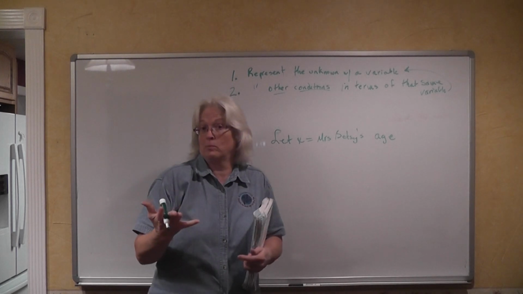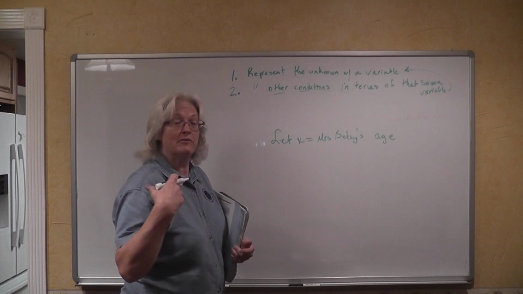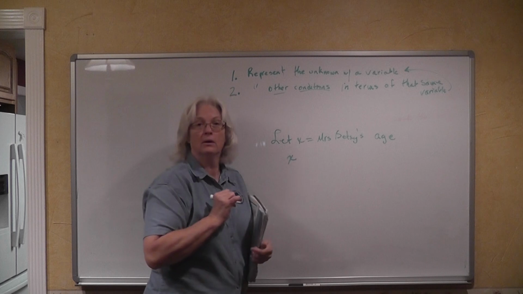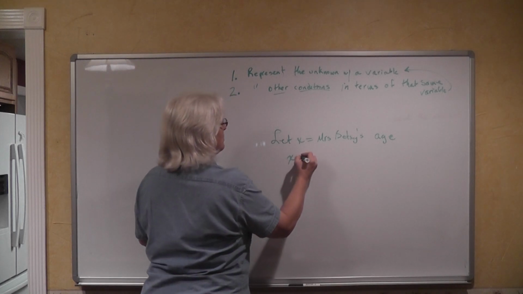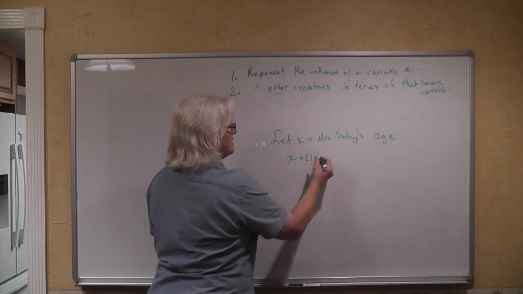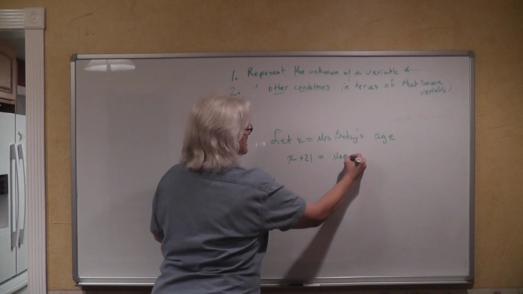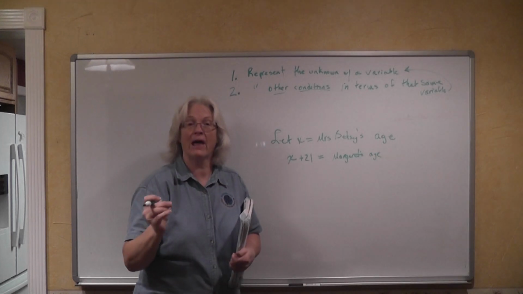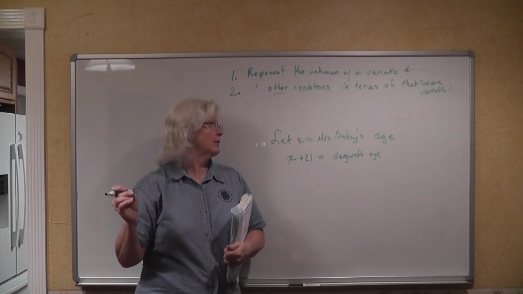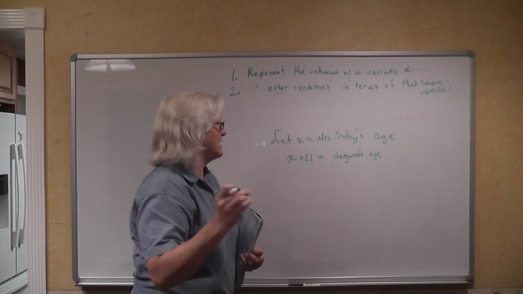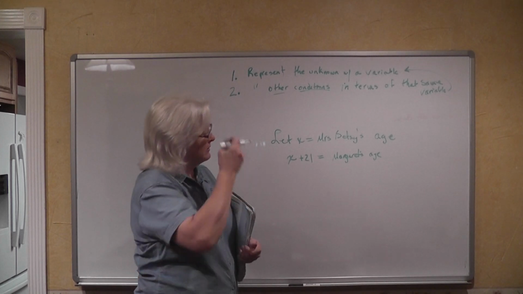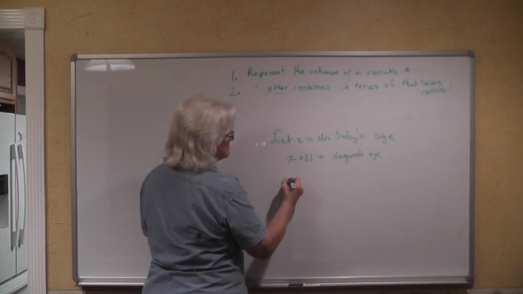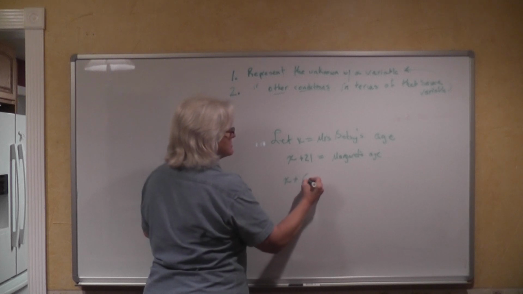Okay, I think I'm actually coming up with a problem here. If my sister-in-law is 21 years older than I am, however old I am, which is X, plus the 21 years older that Margaret is than I am, that's going to be Margaret's age, my sister-in-law's age. Now, if we want to figure out how old we both are, all I have to do is say that Betsy's age and Margaret's age, when you add them together, what is our age when you add them together? 74. So you would say Miss Betsy's age plus her sister-in-law's age